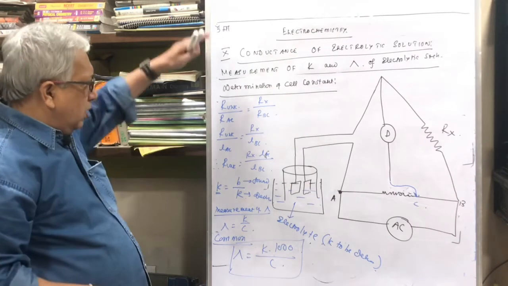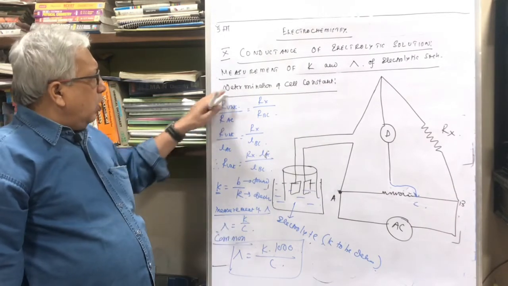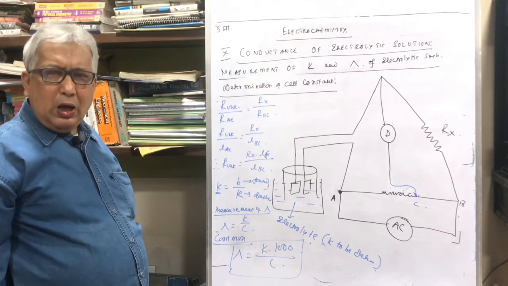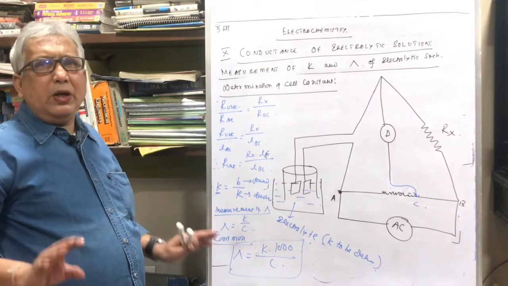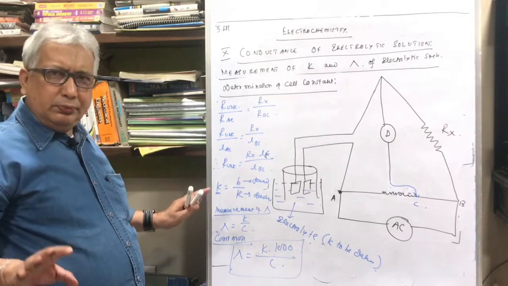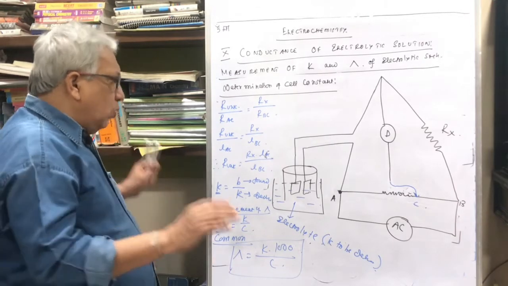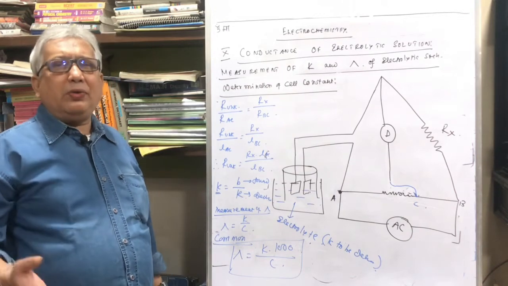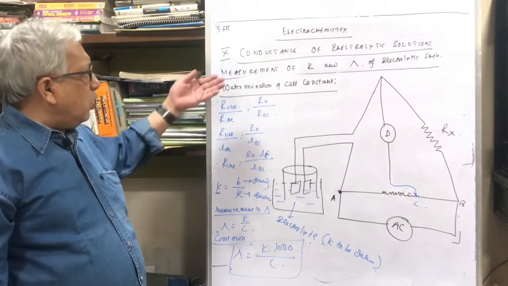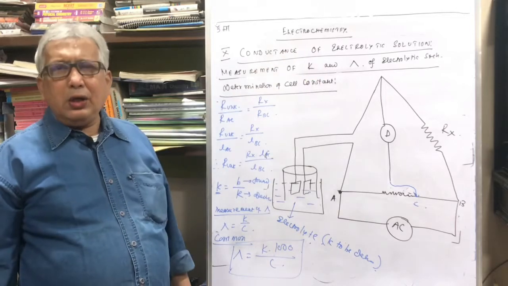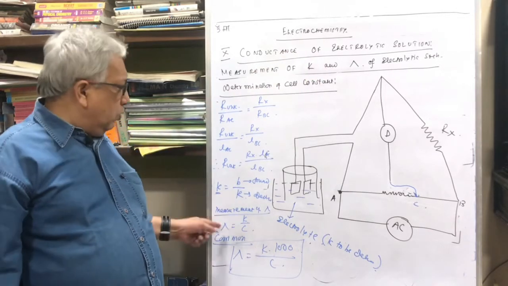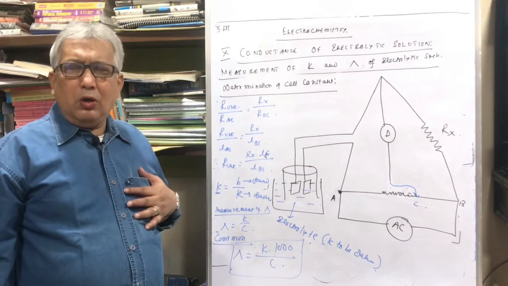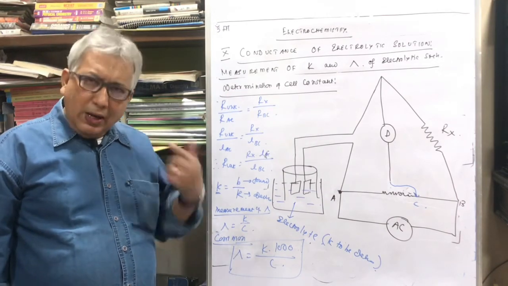So with that, the theory part of conductance of electrolytic solution is over, and with that, the theory part of electrochemistry is done. Is it okay? Now we will move to the next part, problems part 3, that is problems on conductance of electrolytic solution. Mostly we will use all these equations, and we will also solve the problems on Kohlrausch law, and that I will do in my next video.